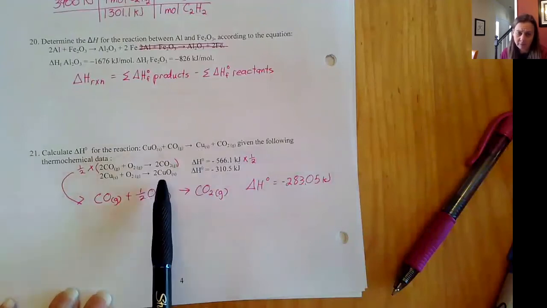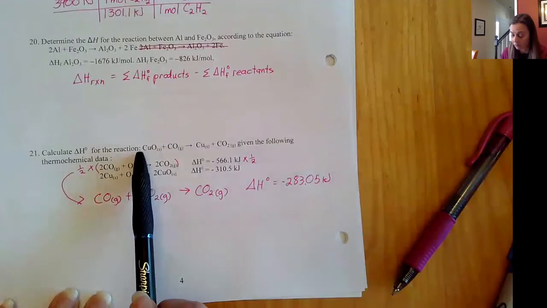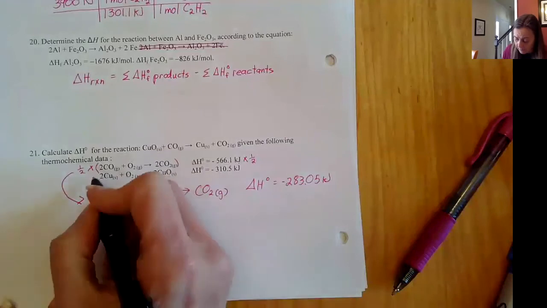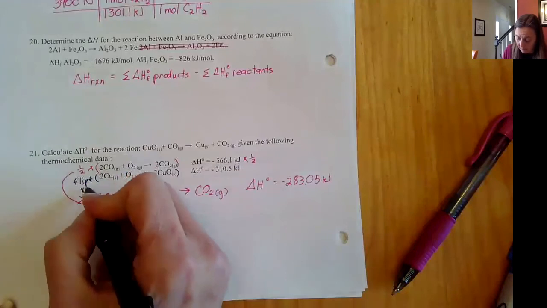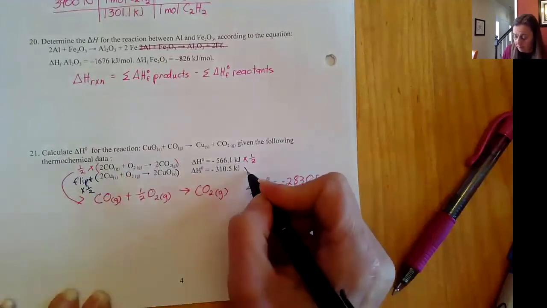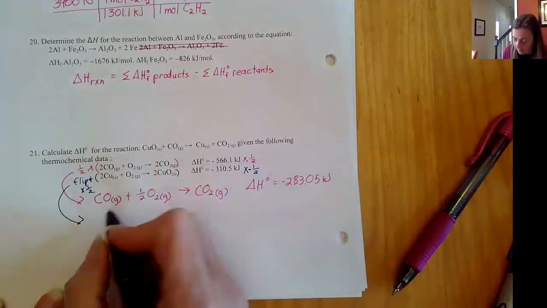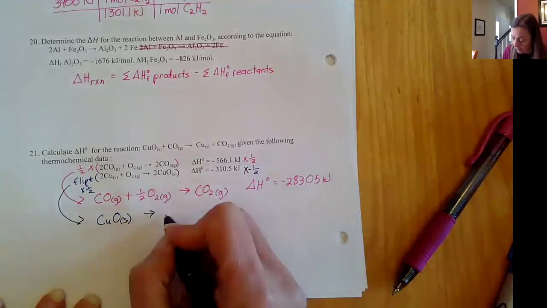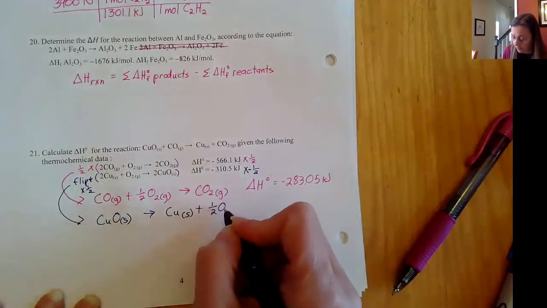So I know I'm going to need to flip this equation, but again, I have those coefficients of 2 and I want coefficients of 1. And so I'm going to flip it and multiply it by a half. So flip and times 1/2. So this is going to be multiplied by a negative 1/2 because when we flip it, we change the sign. So our new reaction is going to be CuO solid yields Cu solid plus 1/2 O2 gas,